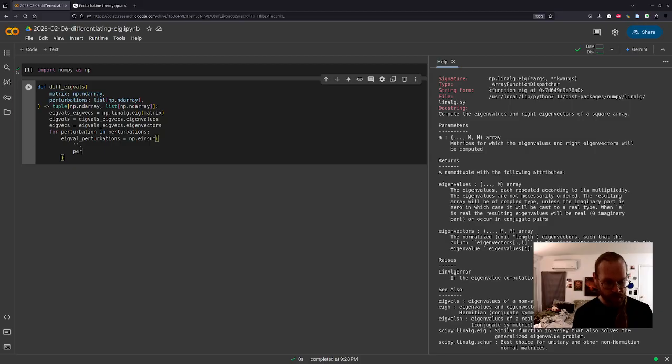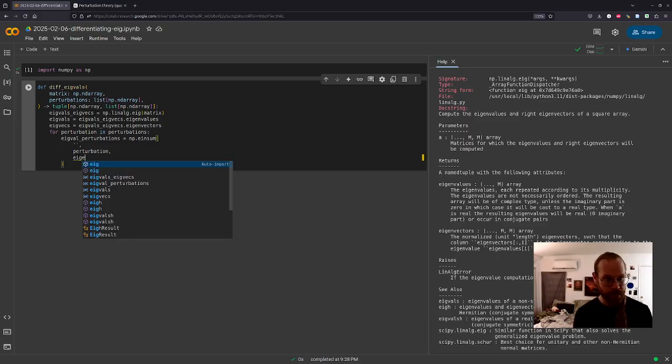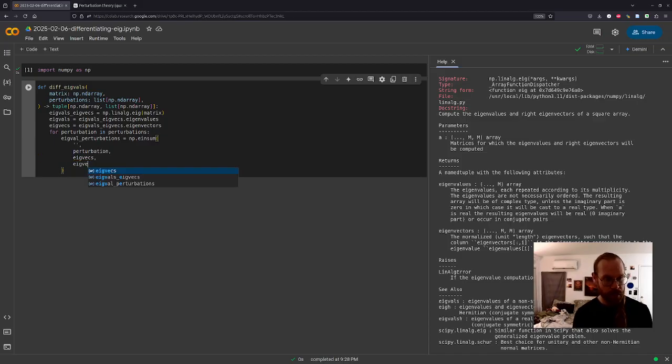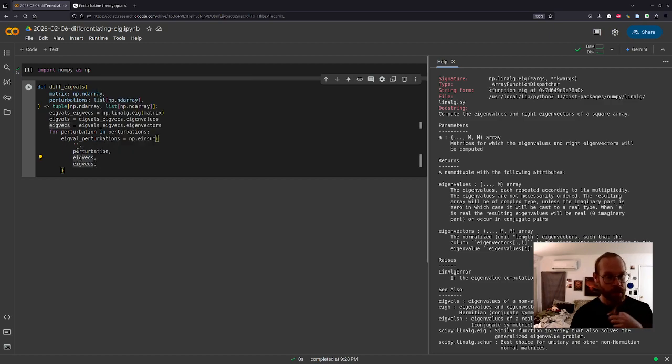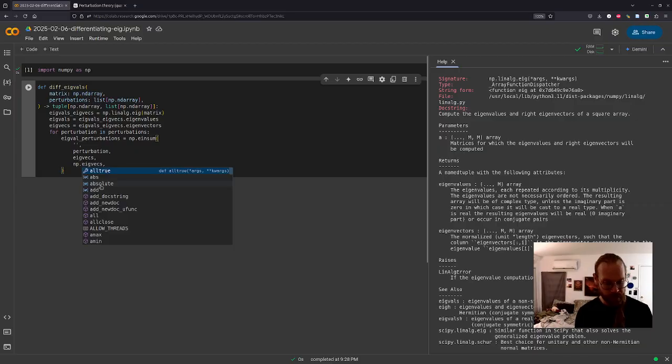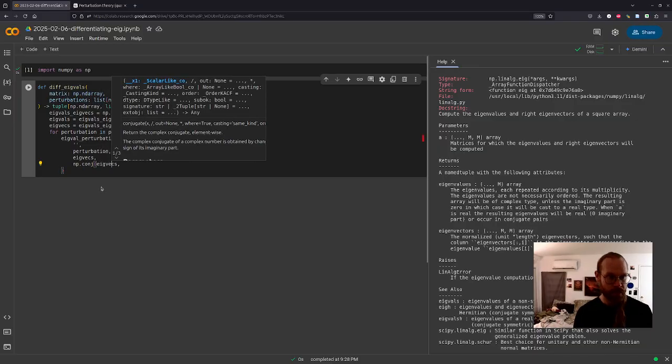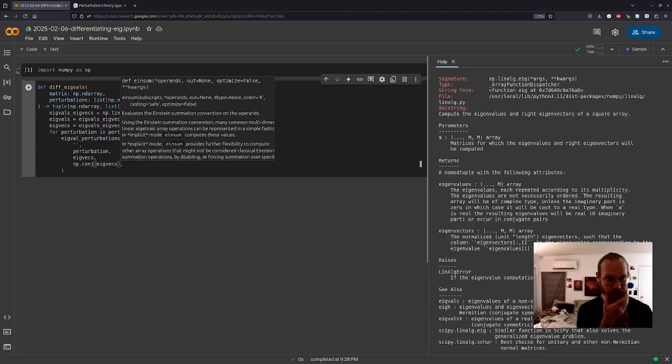So the perturbation, and then we're going to need, I think, two copies of the eigenvectors, which I called eigenvecs. And in the case that this is complex, we need the complex conjugate of one of these, I think.